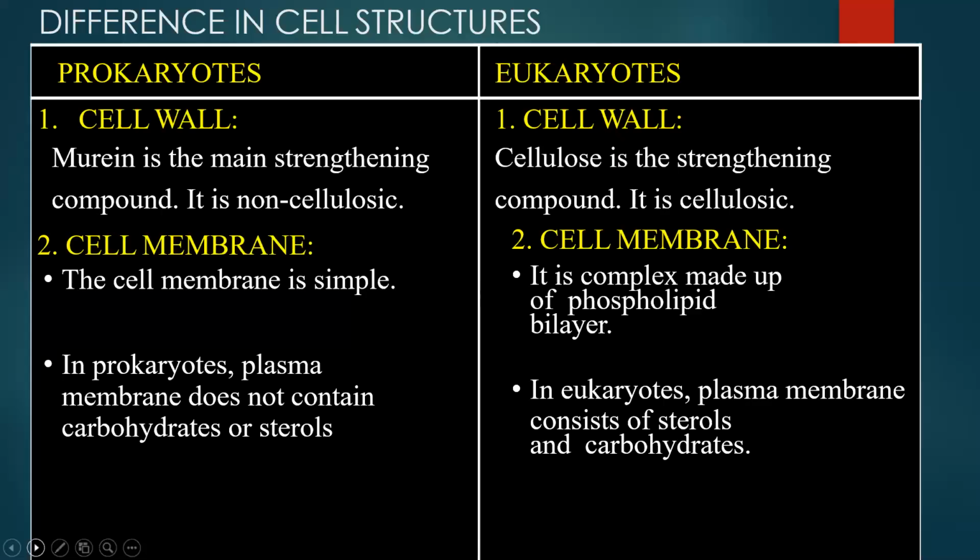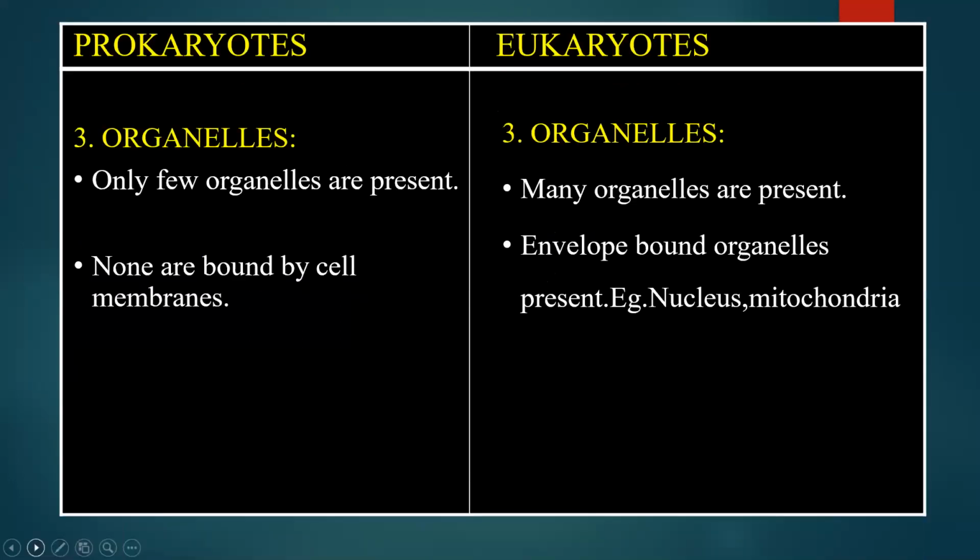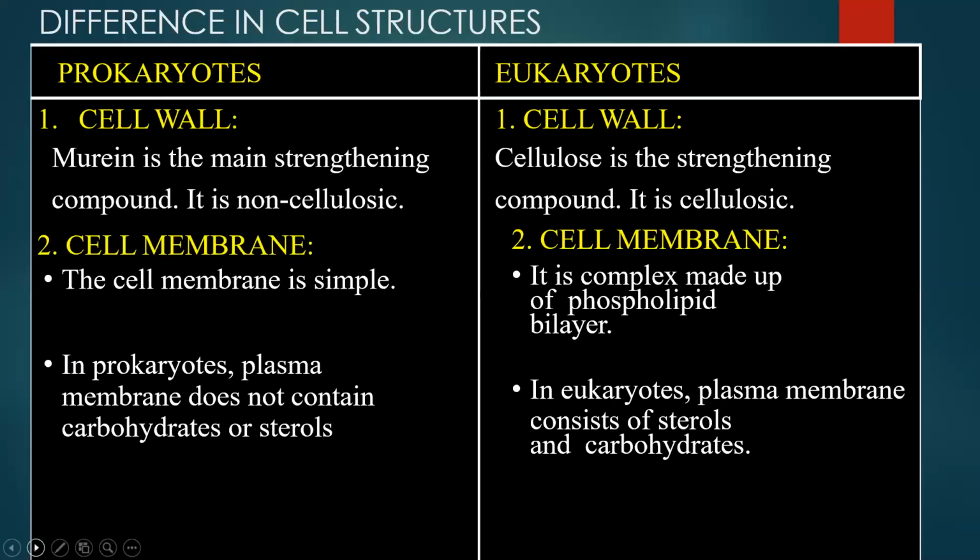Now we will see the difference between cell structures. That is, what is the difference between prokaryotic cells and eukaryotic cells? You can see the cell wall of prokaryotes is non-cellulose, meaning it is made up of some material other than cellulosic polysaccharides, that is murein. Eukaryotes have a well-defined cellulose material, which is stronger in comparison to the prokaryotic